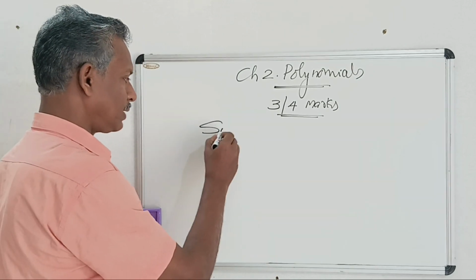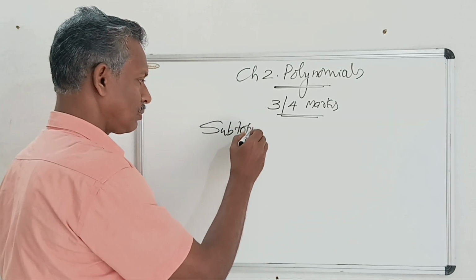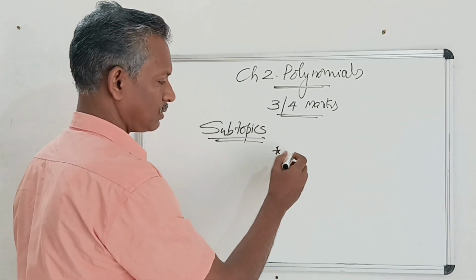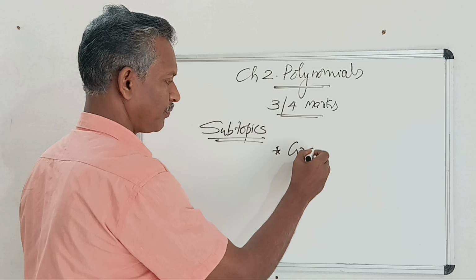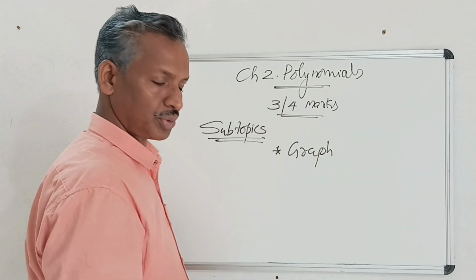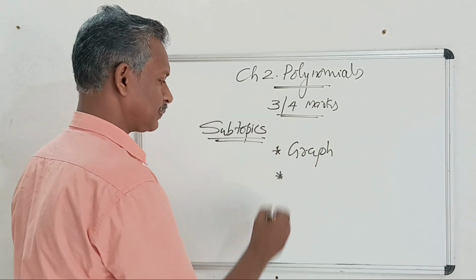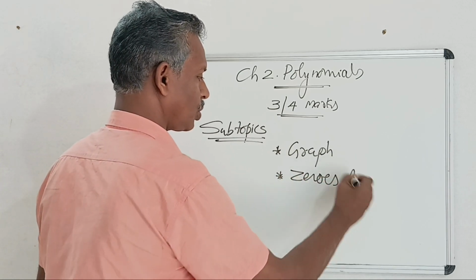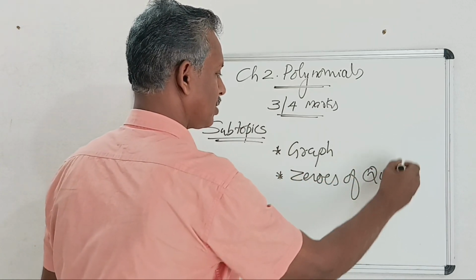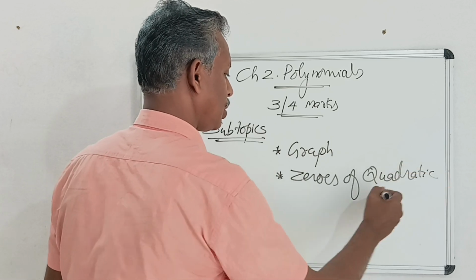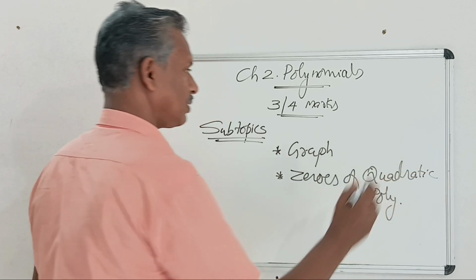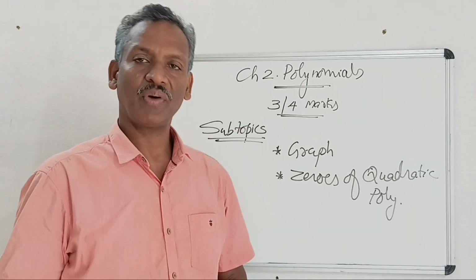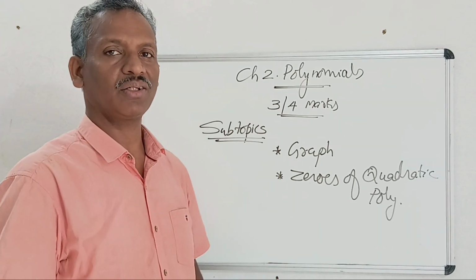The main subtopics, only 2 are there. One is graph based questions, and the second is zeros of quadratic polynomial. Okay, these 2 are the basics of this chapter, and also nowadays in board exam the 9th standard questions